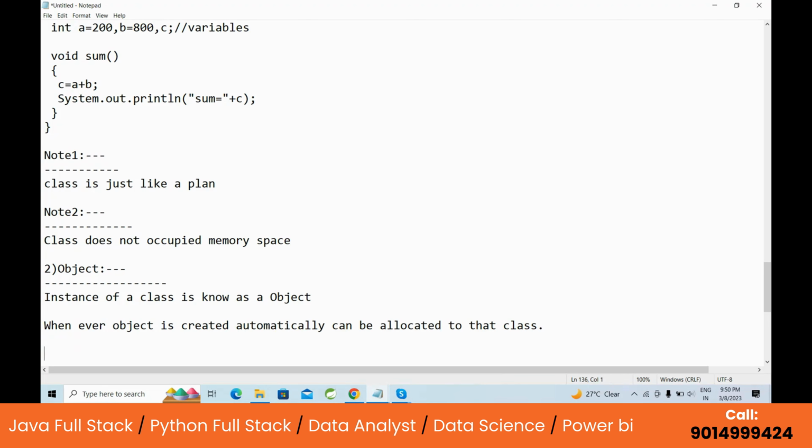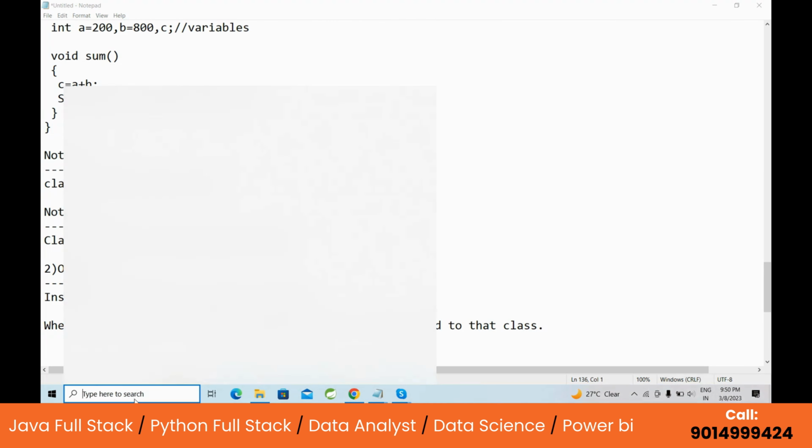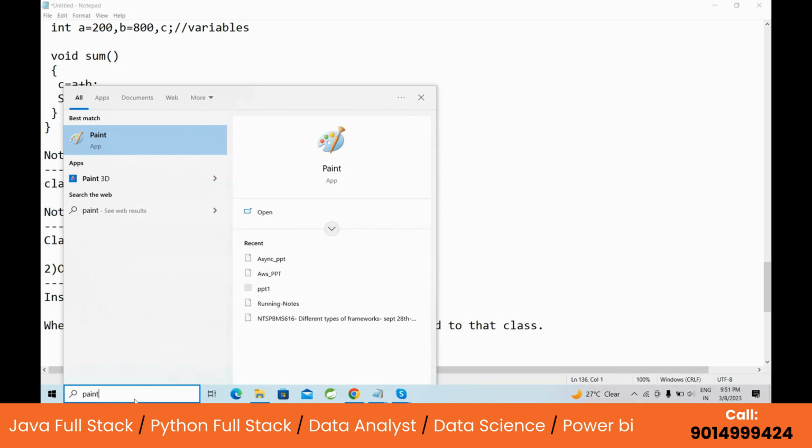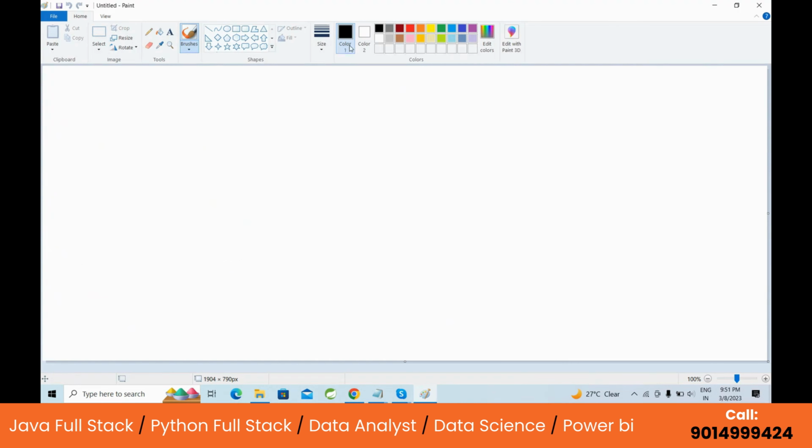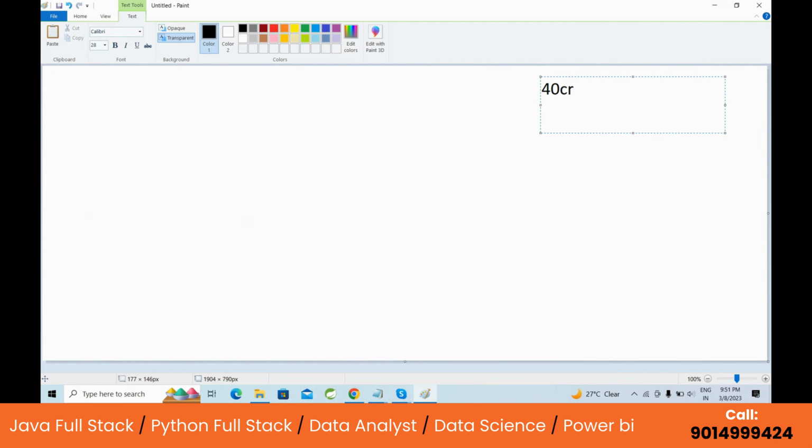Now see, I will explain one general example. Suppose you have 40 crore rupees. After completion of this course, everybody is placed in good companies, and let us take it that you earn 40 crores. This is a huge amount, right? Everybody has some aims. The first aim is to construct a house. You spend 20 crore